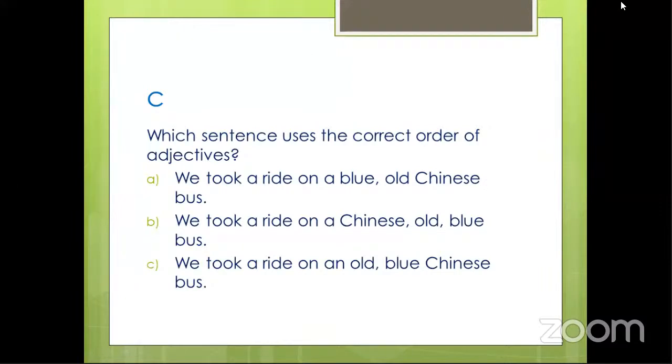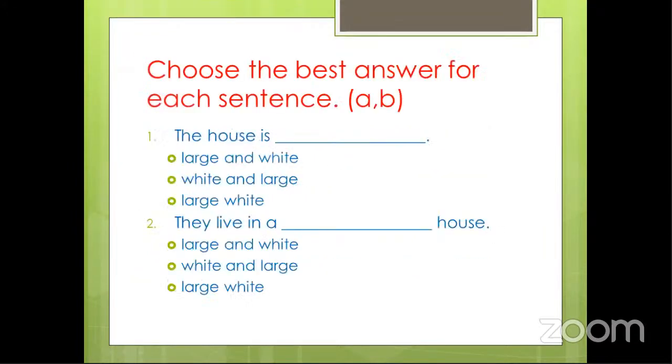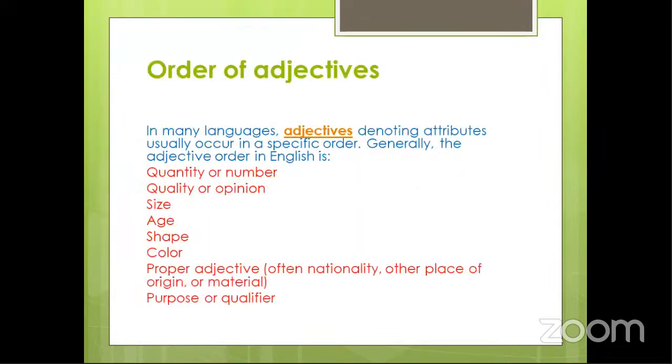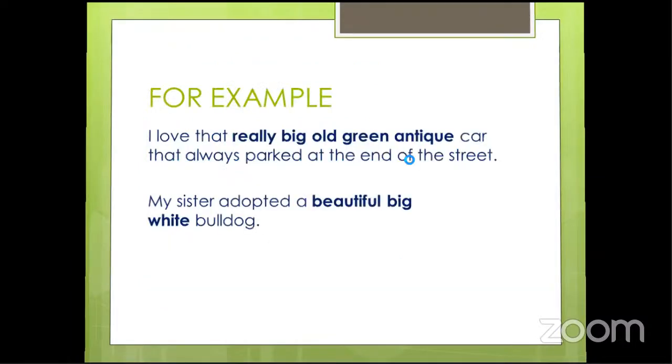So here we have, remember, this is the order. Please master it in your head so that when I give the sentence, we know what you are following. So it means size comes before age, and age comes before shape. Shape comes before color. Color comes before nationality, and nationality comes before purpose. So when we go back to our sentence,